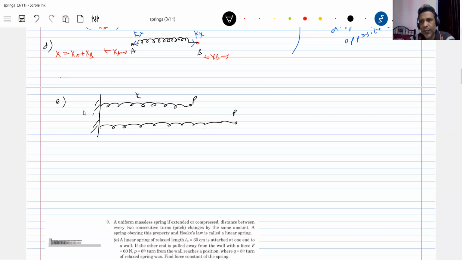It's zero, no? So which end got displaced? The right end. So what is the displacement? Let it be x. Then how much is the spring force? The spring force will be kx. You have to show that force acting here also. Of course, this force cannot displace the wall, but there will be force exerted by the spring on the